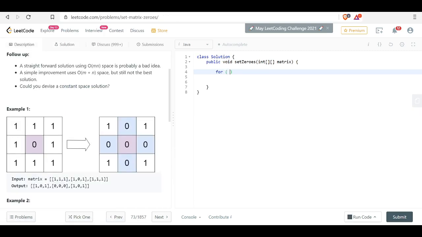So what we need to do is we will just check the length of the matrix, and if matrix of i j equals 0.